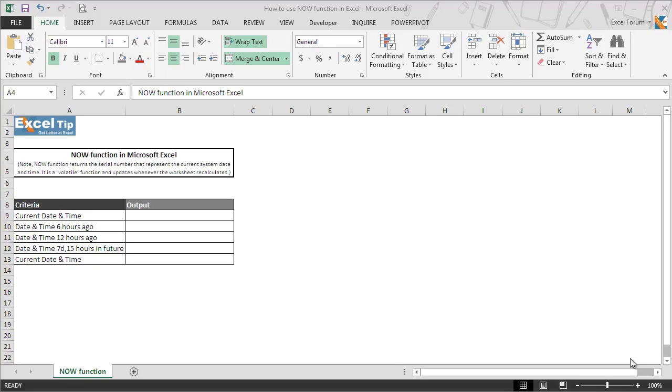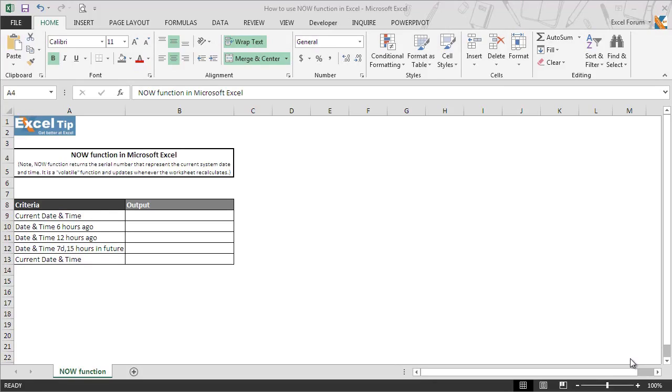There are many date and time functions in Excel, and the NOW function is one of the most commonly used. It is usually used to return the current date and time to a worksheet by reading the computer's serial date. It returns the serial number of the current date and time and automatically changes the cell format from general to date and time format as per the regional setting on your system. Like the TODAY function, this function also takes no argument at all, but the empty parentheses are required, and it is a volatile function, which means it gets recalculated whenever Excel calculates.